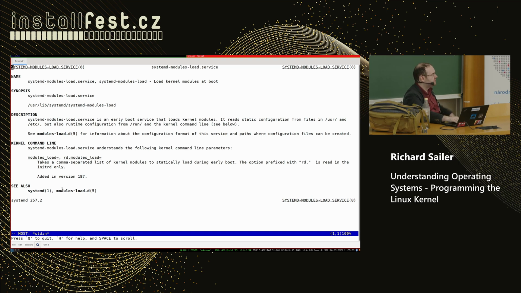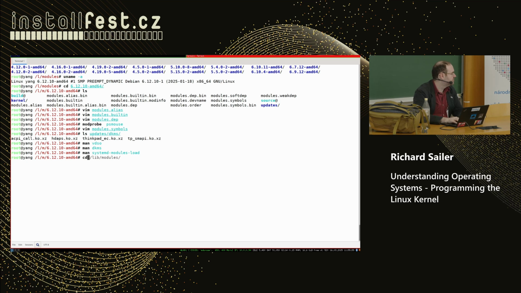Yeah, it's modules-load.d. So if you go into /etc/modules-load.d, the modules that are in here will get loaded by the service. That's what that's for. Actually, it is the same as what we had before with our old init system. There we had /etc/modules, if you remember that. Do we have that still?